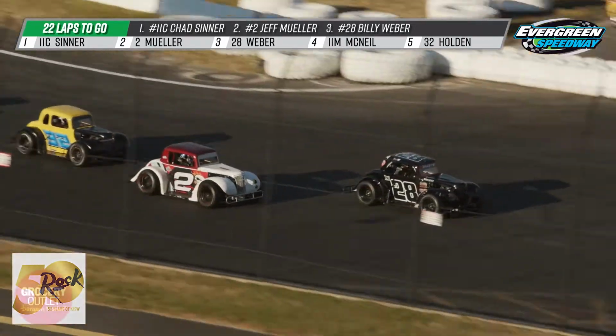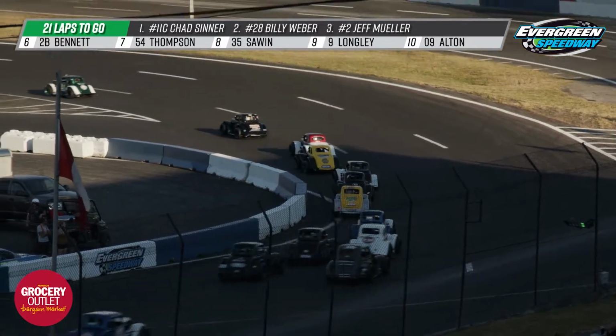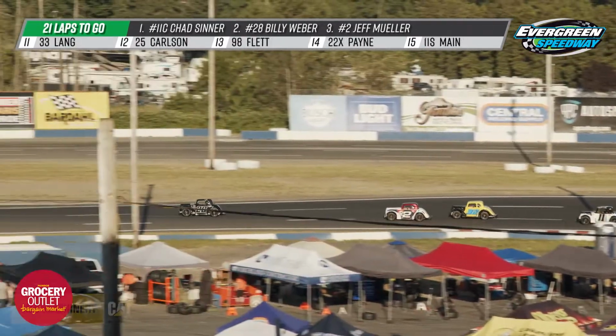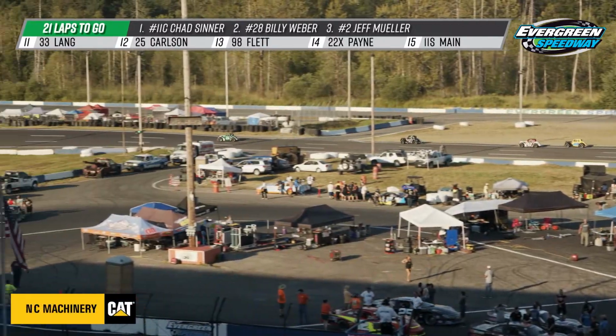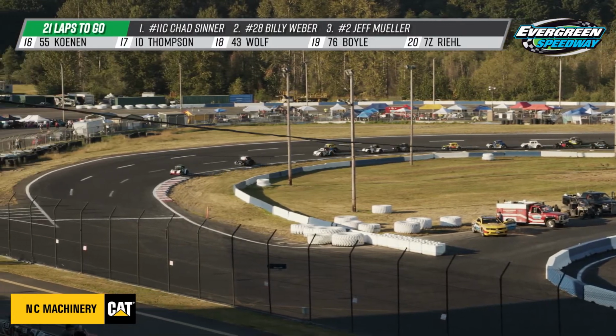It's Billy Weber trying to get into 2nd now, looking to the inside of Jeff Mueller, and he has it. So now he has 21 laps to try to hunt down that green machine, 11C of Chad Center, as it is a mess of cars behind them. That 28 car, Billy Weber, has been so fast, and you see almost that immediate separation from him and the 2 of Jeff Mueller